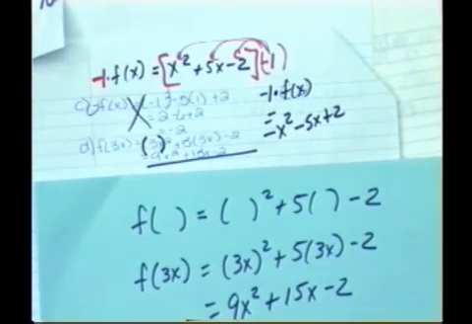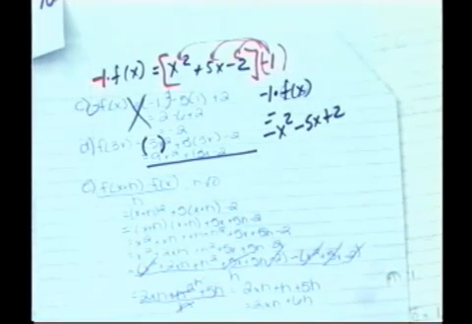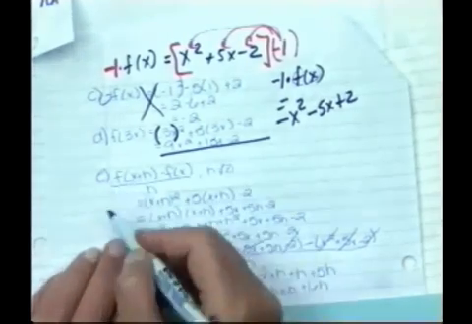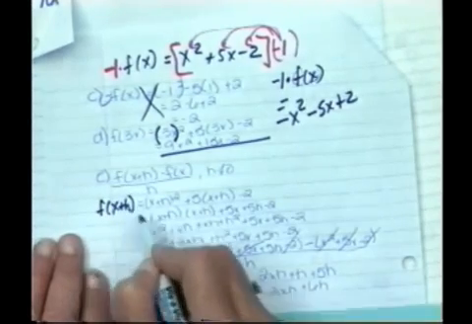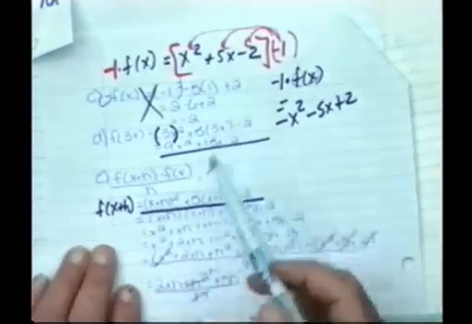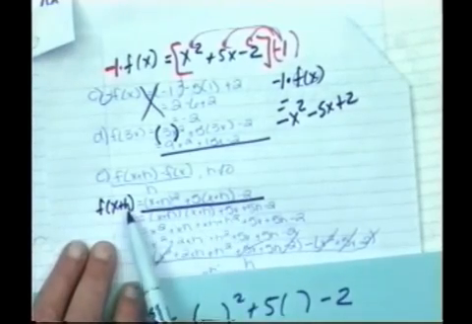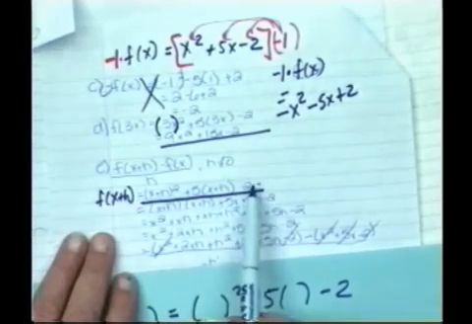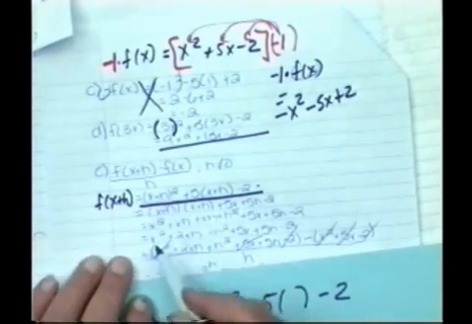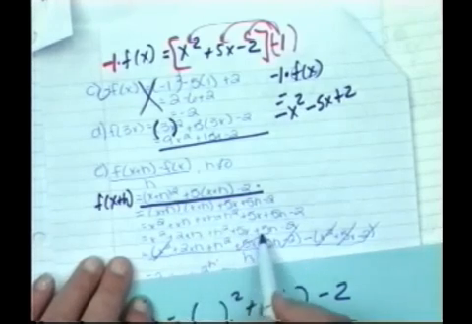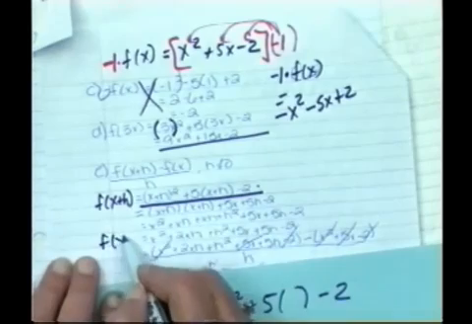Okay, let's look at part E. Oh, good. Looks like we're coming along here on part E. Let's see here. This part right here must be f of x plus h. Be careful that you're labeling what you have. Because if f of x is anything squared plus 5 times anything minus 2, then f of x plus h, you replaced it in there. When you multiplied out x plus h, you get x squared plus 2xh plus h squared. And then you got a 5x plus a 5h minus 2. So here's your f of x plus h,